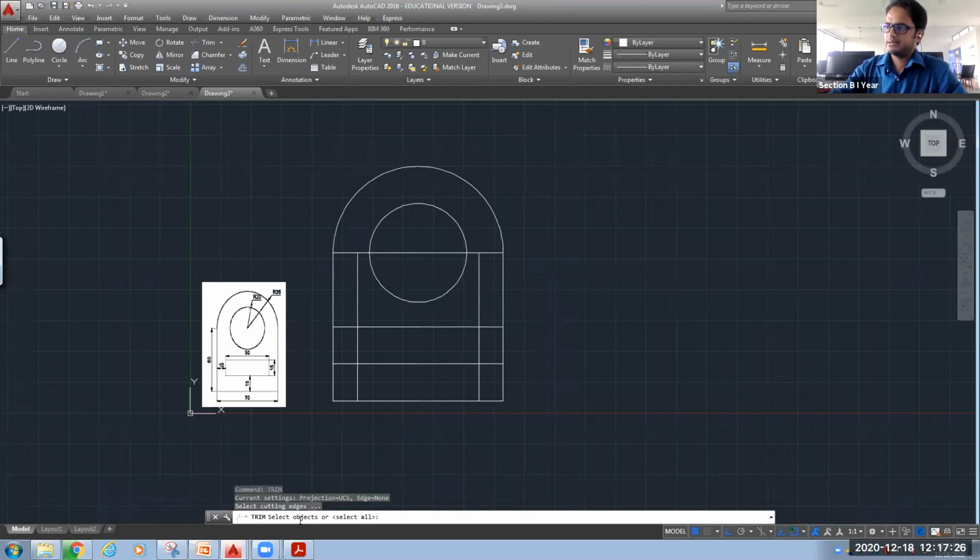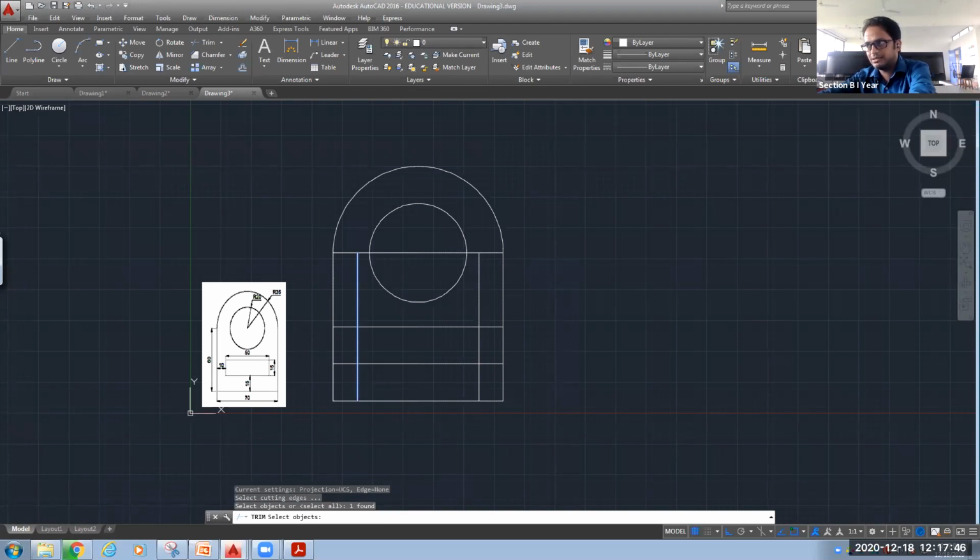Press enter. What I want to trim, we have to select some baseline. Okay, so I will select this as baseline. Now I want to do multiple selection. For multiple selection, I have to press the shift key on your keyboard.